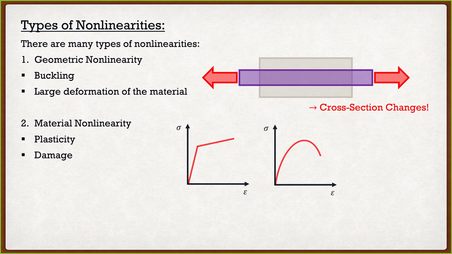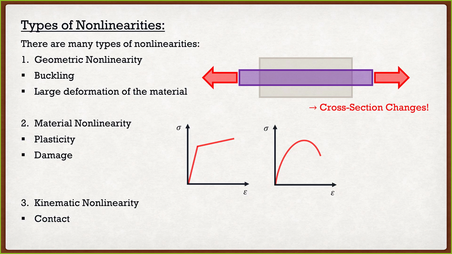Tension and compression. So steel behaves the same way in compression as it does in tension. Now, of course, in compression, it can buckle either globally or locally, and we're going to discuss that. But concrete has a different behavior in tension as it does in compression. And that's going to make the math kind of really difficult, as you guys will see later. And the last one is a kinematic nonlinearity. Well, there's actually more types of nonlinearities, but these are the main ones. So kinematic nonlinearity, even though it sounds kind of crazy, it's contact.